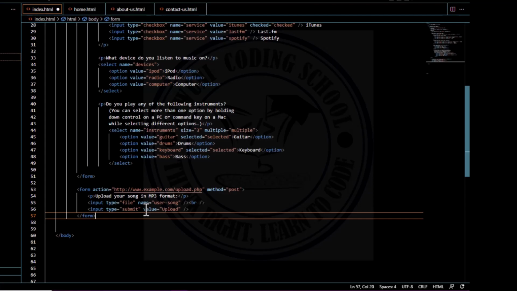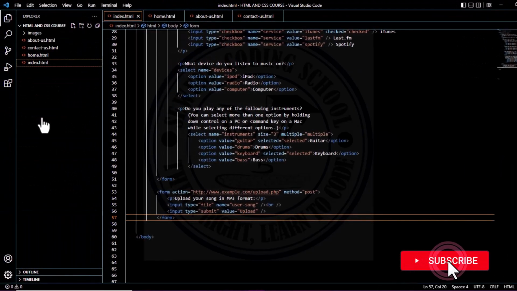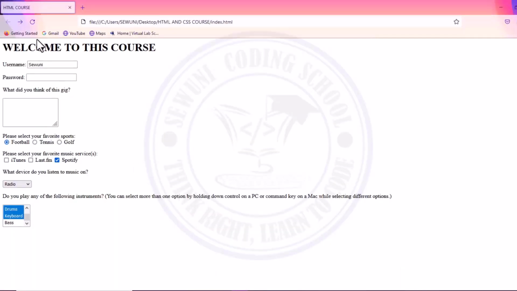When you click on the browse, it opens your file explorer. Depending on your operating system, your file explorer will open differently. The designer has no control over how the file explorer is going to open. So let me just save this. This is a different form I'm trying to create to allow me to upload